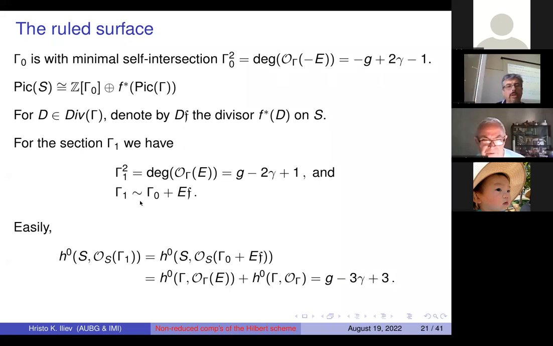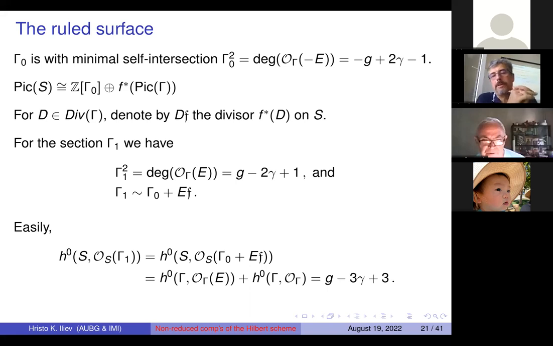And one can go on and compute, for example, the dimension of some linear series on S. And when we compute it, it turned out that this dimension is equal to G minus 3 gamma plus 3, which is exactly R plus 1. Then I figured out that I should be looking for those curves on the root surface in the